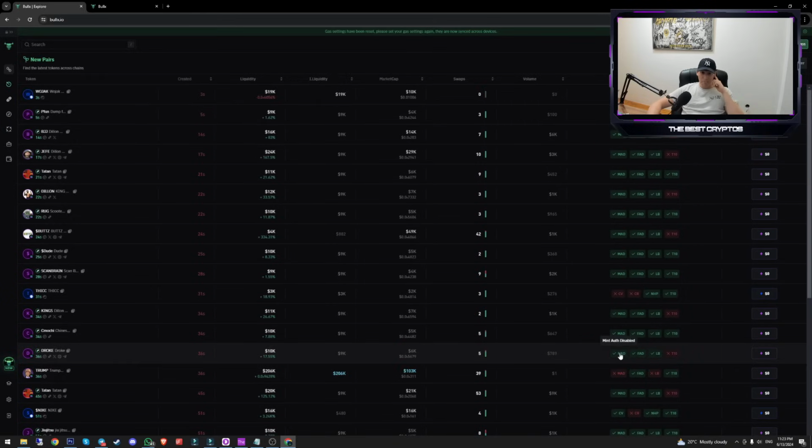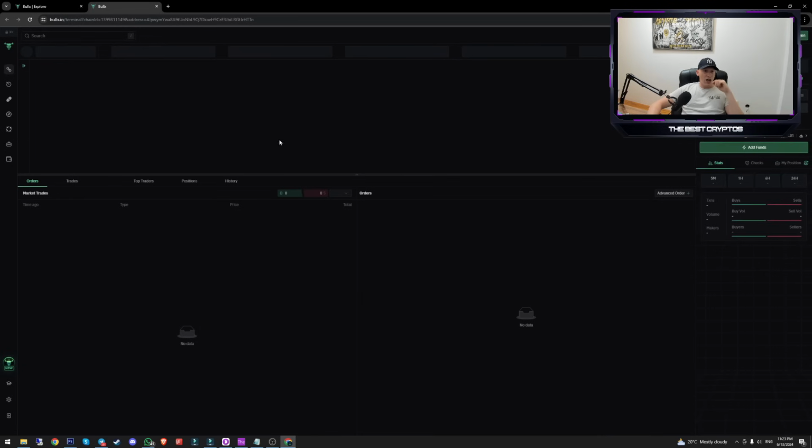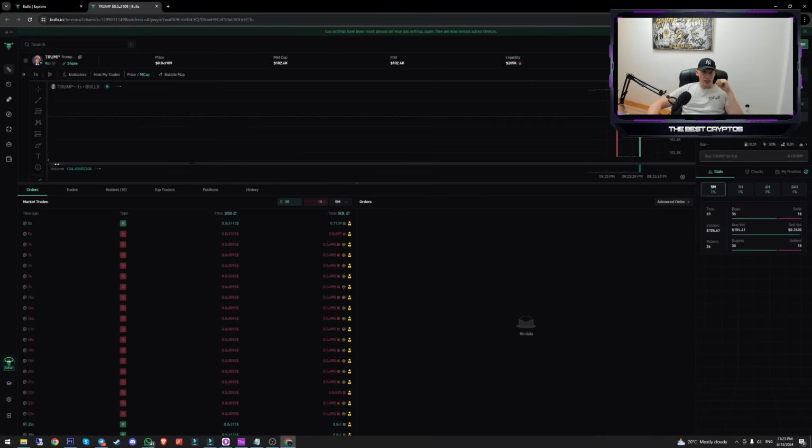As you can see, mint authority disabled, not disabled, freeze authority disabled, liquidity pool not burned in this case, and how much percent of the top 10 holders are holding the token. So I just pulled up this one because it had some amazing liquidity, which is 2.05k. If we switch to the 1 minute chart, we can clearly see that this is